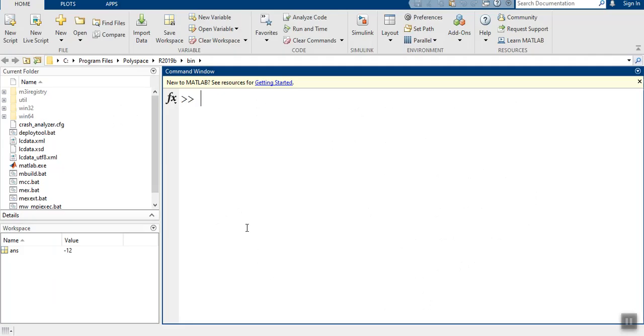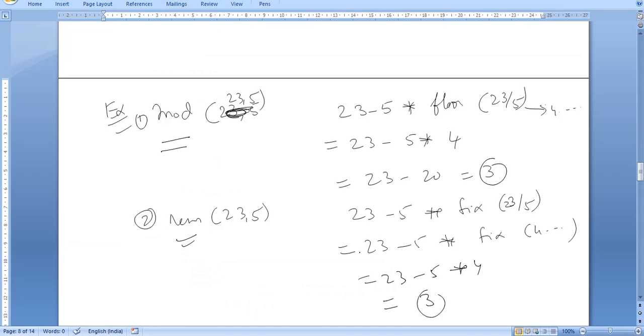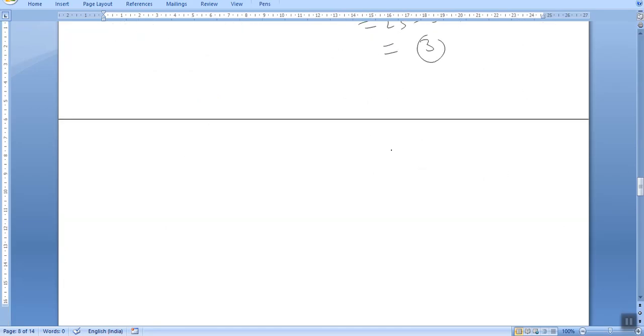Okay, I will show you in the software. Mod of 23 comma 5 equals to 3. Remainder, REM of 23 comma 5. Okay, you will get the same value. But very, very important, if one of the terms is negative, second example, then